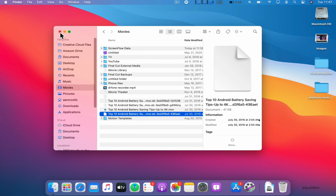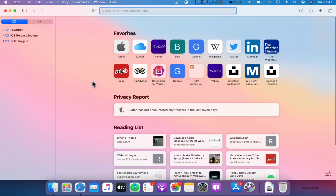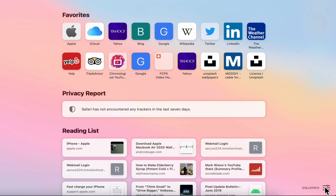little bit different. Now, Safari gets a huge update, and Apple was actually mentioning this in their keynote, and you'll see here's a bunch of different things here that I have as far as a reading list, and Safari now gives you your favorites on the top. It gives you a privacy report. I'll talk more about that in a moment, but in the bottom right, if we click our options here, we